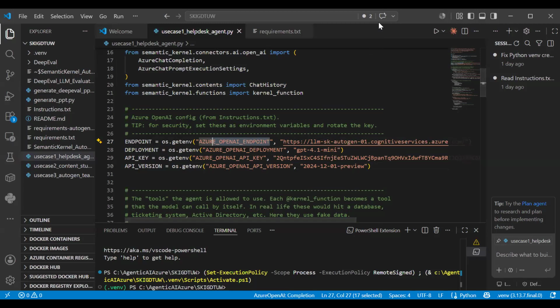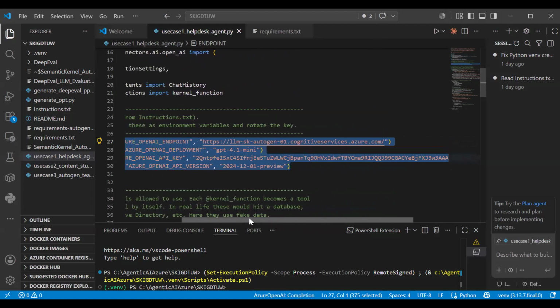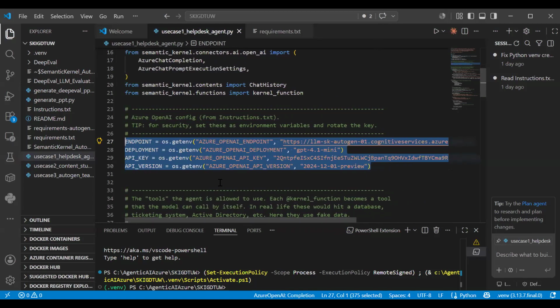So let me stop sharing my screen. Just look at all these things. First, four things I require, and where am I getting them from? You people are confused, right? Got it? So now let me show you where I am getting them from, so that it will be clear for all of us.